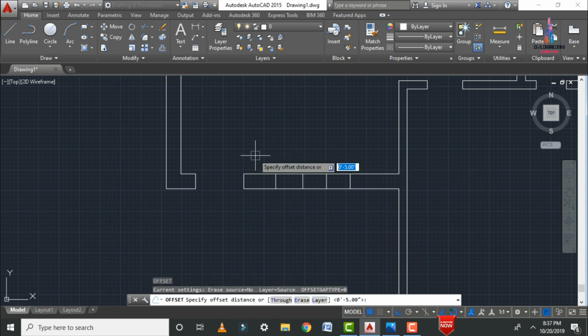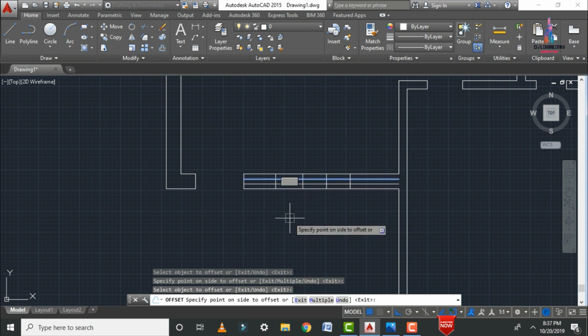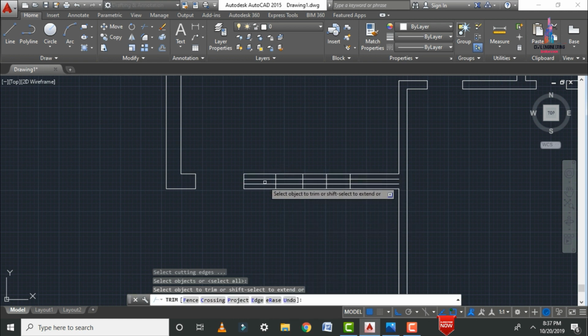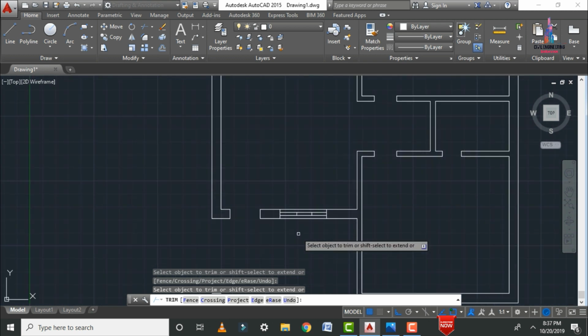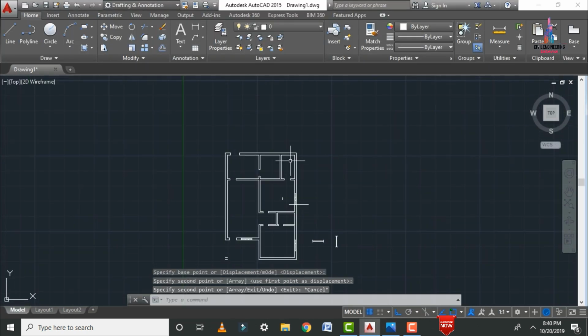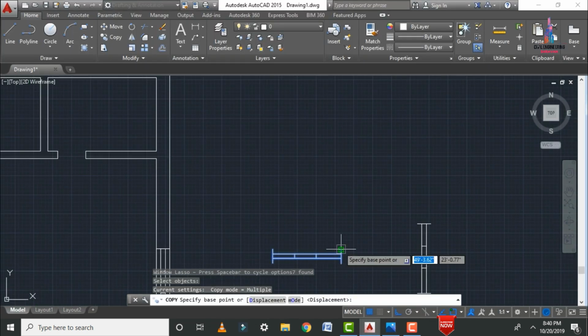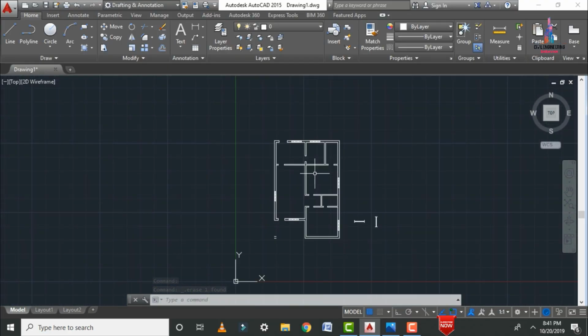After that we have to apply the offset which is related to the 3 inches lines here. So click on this respected line. Let us consider, click on apply offset. Again apply offset. We have to trim the lines which exist on the left hand side section. Again we will apply the offset for the lines on the right hand side section. Again we will remove the line. Now we can see the window is applied here like this. In the same procedure we can apply the windows for the remaining sections. Now I have applied the window section for this respected section.